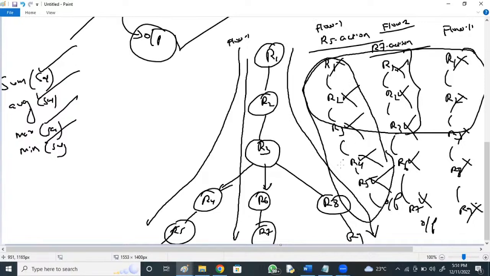You already executed them. R3 was computed previously in flow 1, so R6 can directly use the R3 output. Why compute R1, R2, R3 again?